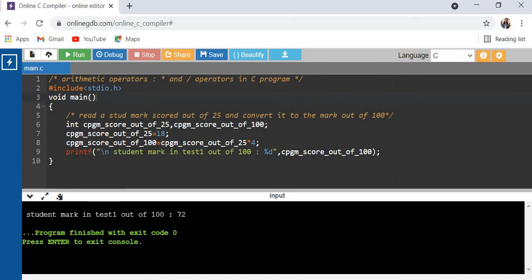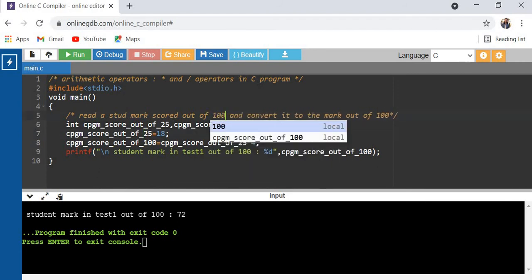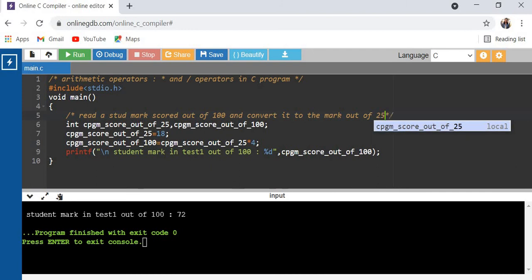In the same program I'm going to use the student mark out of 100. How much he got, we will store it and we will convert it to the score out of 25. That is another task, a second program we are going to see.